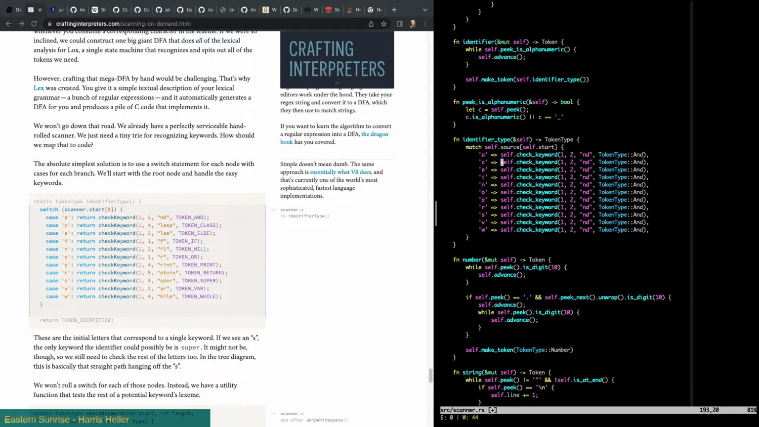Okay, and then this changes, all these are ones. So we have 4, we have 3, we have 1, we have 2, another 1, 4, 5, 4, 2, and 4. Okay, so we have this ND thing, 'lass' for class, 'lse' for else, 'f' for if, 'il' for nil, okay,